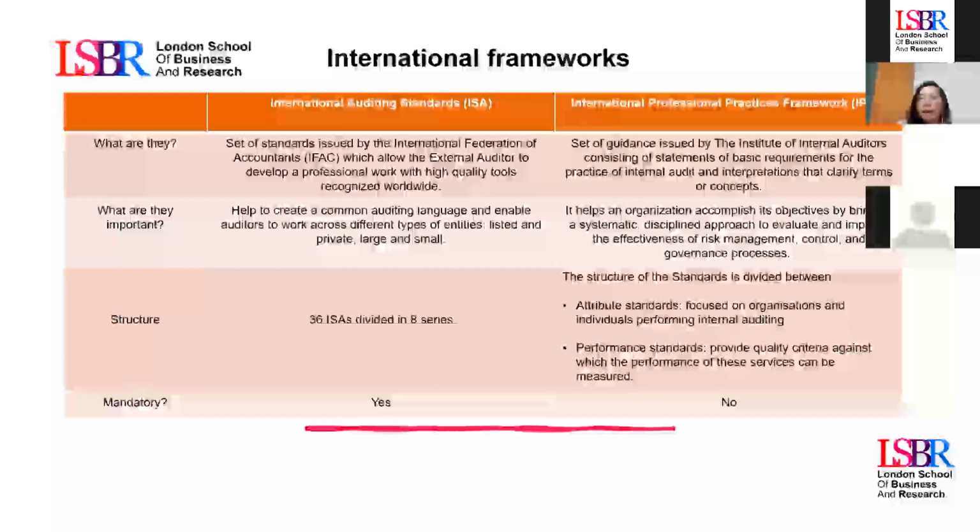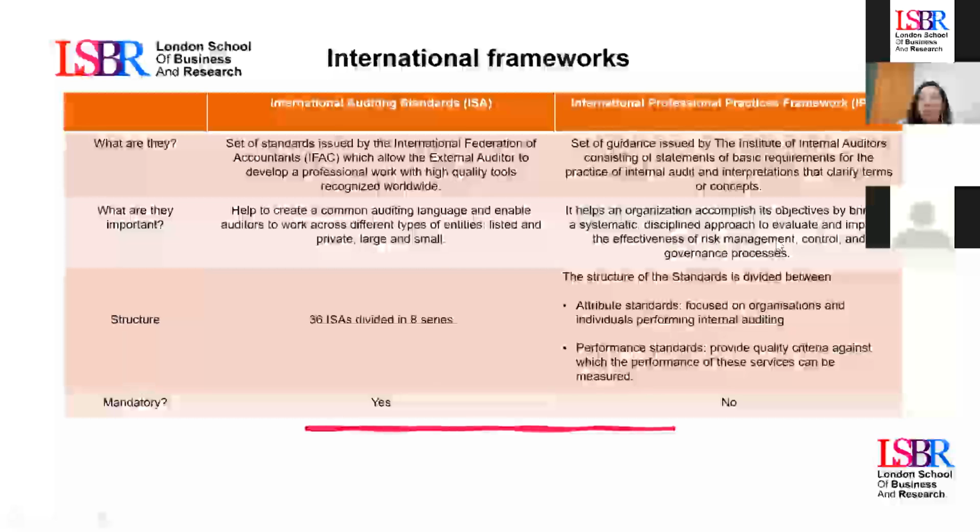But in this case, it is the International Professional Practice Framework, that is not mandatory, but same as the international audit standards, it is an international framework. But remember, this is not mandatory.